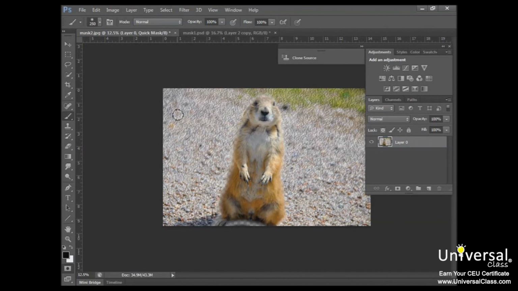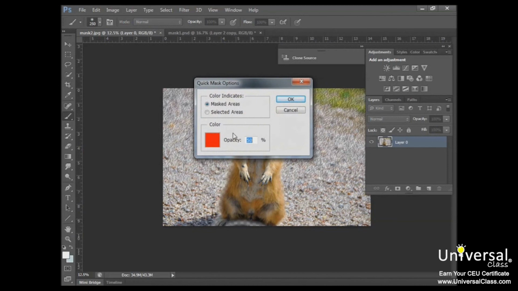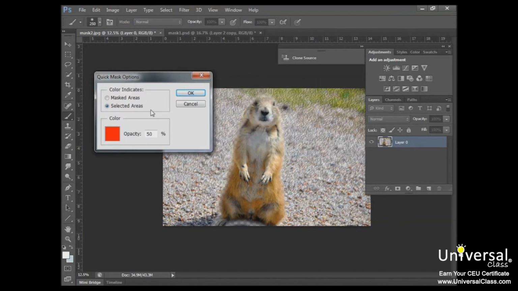And also there's a few options you can play around with the quick mask tool. If you double click on that, this dialog box opens. So just play around with those and decide what options work